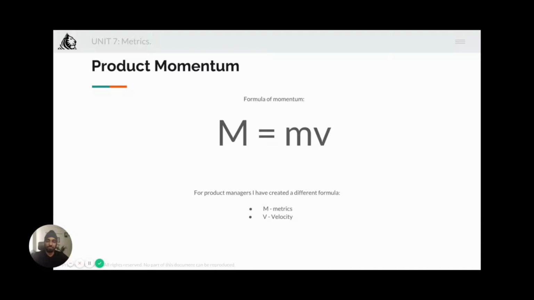So a pragmatic product leader is constantly measuring, always has major numbers in mind and the numbers that he cares about. Which numbers are these? These are the metrics that determine the success or failure of products and they have been carefully selected. To give an example, you know the formula of momentum, right? M equal to MV. In the business world, I called small m as metrics and V as velocity in the direction of your goal. So let me illustrate with an example.